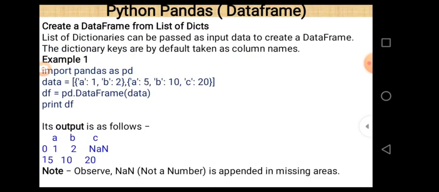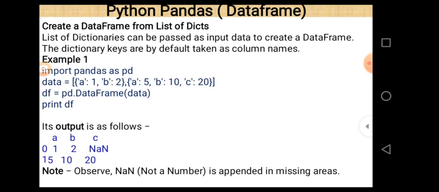Next is creating a data frame from a list of dictionaries. So a list of dictionaries can be passed as input data to create a data frame. The dictionary keys are by default taken as column names. This is, I think, quite clear from the previous example, but let us take another example. In this example, first line is import pandas as pd.